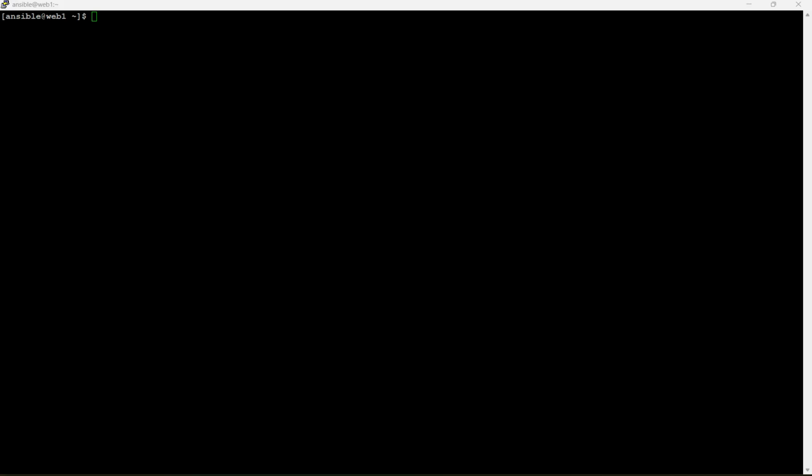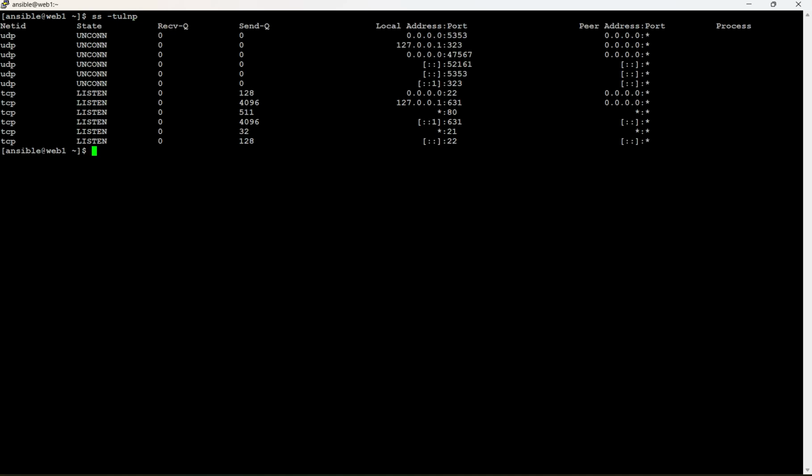Okay, so we have a command called ss, short for socket statistics. This command gives us the ports which are listening on the server. The command is ss -tulnp. Enter. If you look at the output of the command ss -tulnp, we have UDP